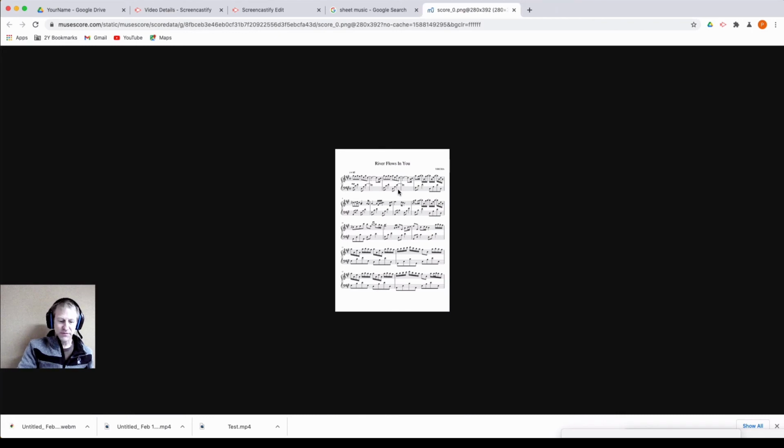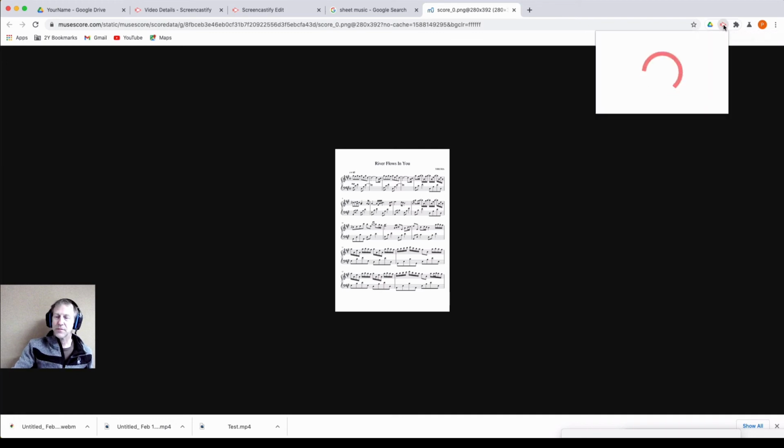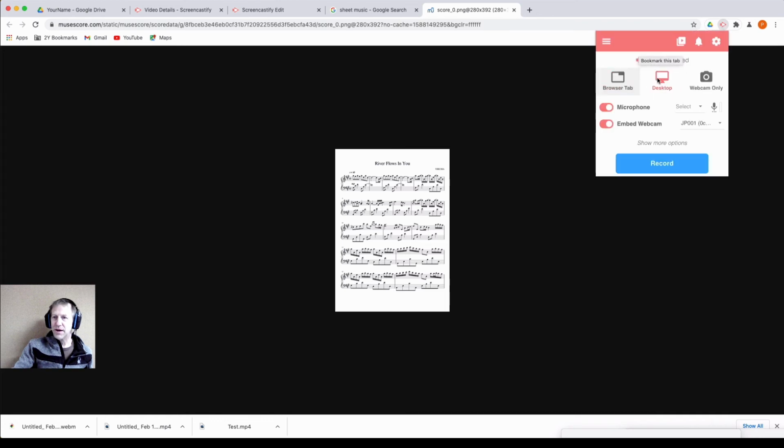If you just have this on your screen, when you go to Screencastify, you can also select the option to have desktop. But make sure webcam is also selected. So now if I hit record